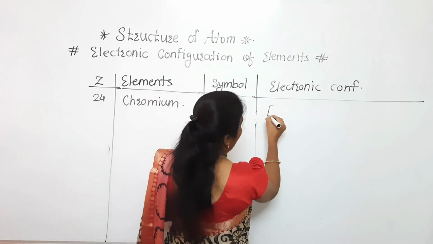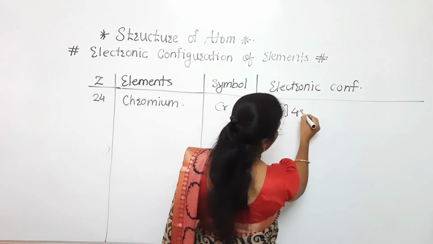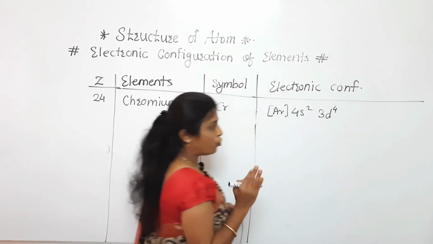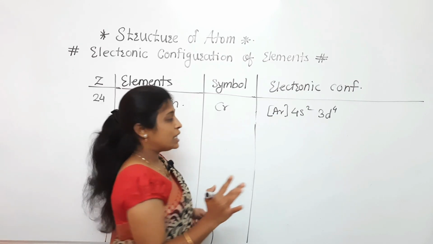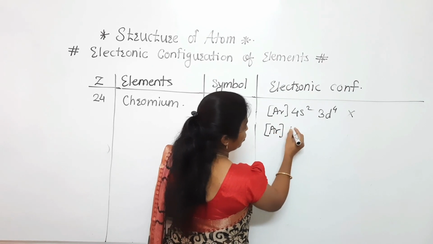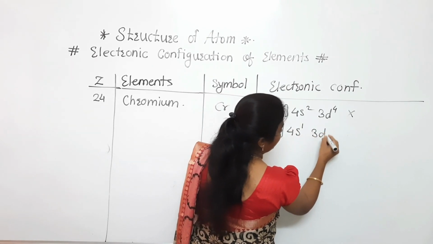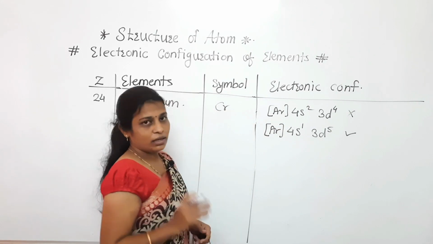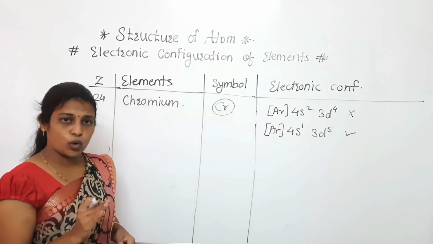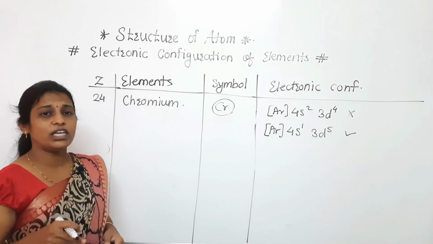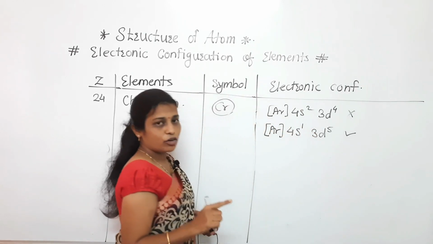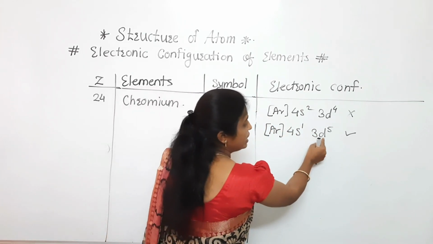Now see, chromium, argon 4s2, here 20 will get completed. So in this way we would fill 4 electrons in the d orbital, but this is not the observed one. What is the observed case? The observed case is argon 4s1 and 3d5. This is the correct one. Clear to everyone? So every time we write down the electronic configuration for chromium, and the second one, 29, that is copper, we have to keep in mind that in 4s only 1 electron will be there and the remaining will be in the 3d.